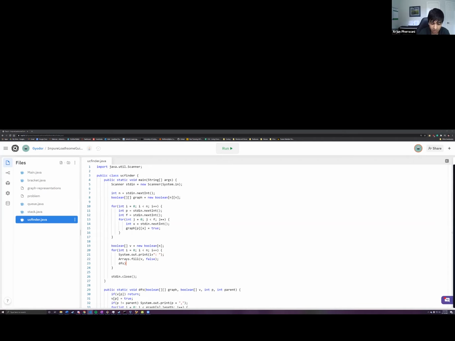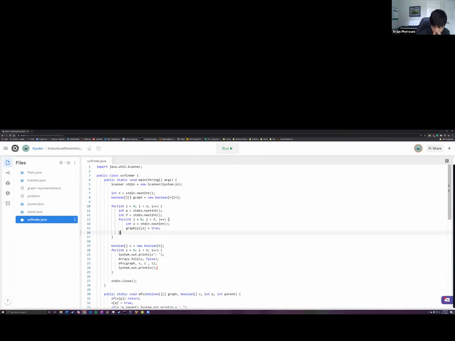And then we call DFS again. We call it on the graph, and we give it the visited array. Since it's the first time, we pass i both times for the parent and the person. The reason for this is, again, we don't want to print this out. This will only trigger when it's the same person. Then we print out a line here to show that there's an extra line. We're not done yet. Don't go, guys. We still have to analyze the runtime. Remember, that's an important part of interviews as well. So stay with me.